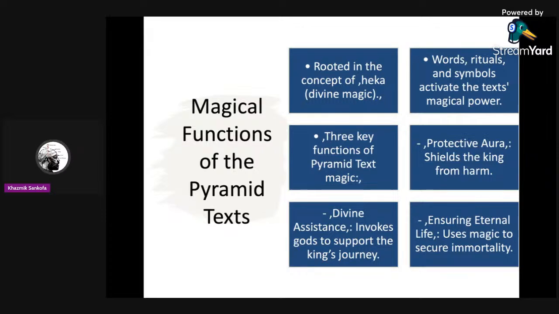The magical functions of the pyramid texts, right? So the pyramid texts are rooted in the concept of Heka. Heka is like the Indian mantras, divine magic, right? It's words and rituals to activate the magical power of text, right? There are three key functions in pyramid text magic, right? It's protection, divine assistance, and eternal life. So protection, divine assistance, and eternal life. That's what the function of Heka, or magic, was in ancient Egypt,